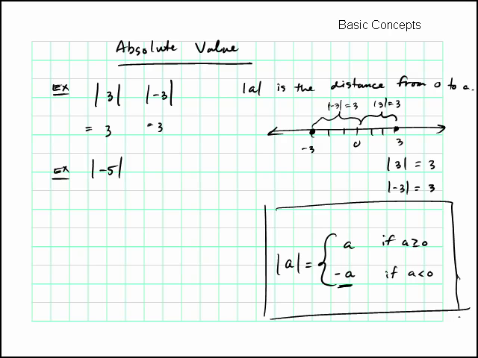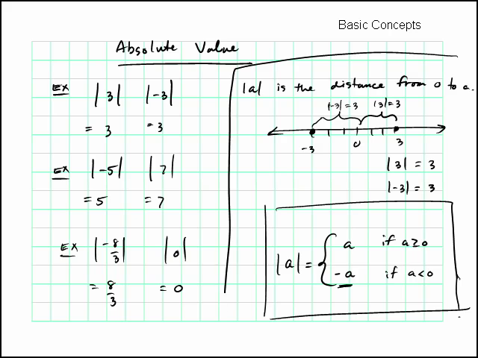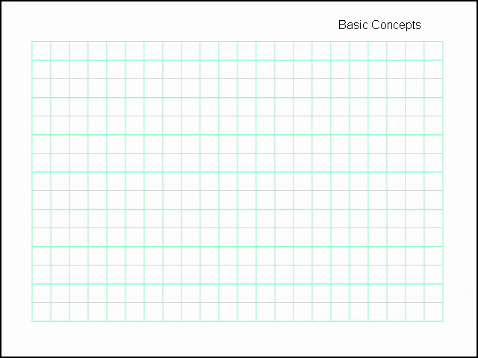For instance, the absolute value of negative 5 would be 5. The absolute value of 7 would be 7. The absolute value of negative 8/3 would be positive 8/3. Absolute value of 0 is, of course, just 0. Okay, so even though these are some slightly more complicated ways of thinking of absolute value, absolute values just make things positive. Here's a couple more examples